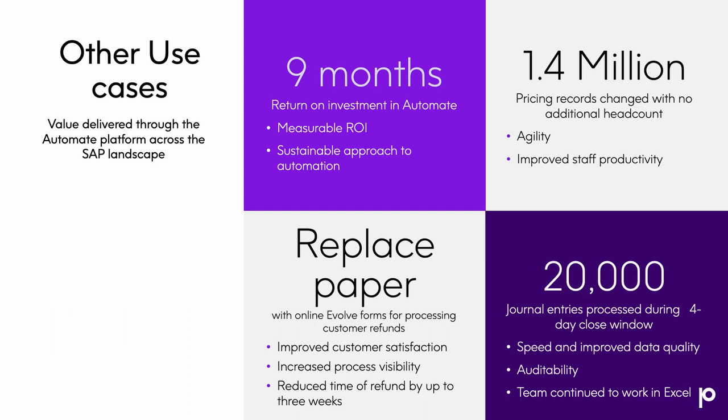It could be based on company code. It could be based on region. It could be based on currency, any number of things. They needed that all to be automated so they could manage that much faster. So we were able to deliver that for them. That's the kind of thing that automation allows you to do within your organization. There are significant benefits you can achieve across your organization and across your SAP ecosystem.